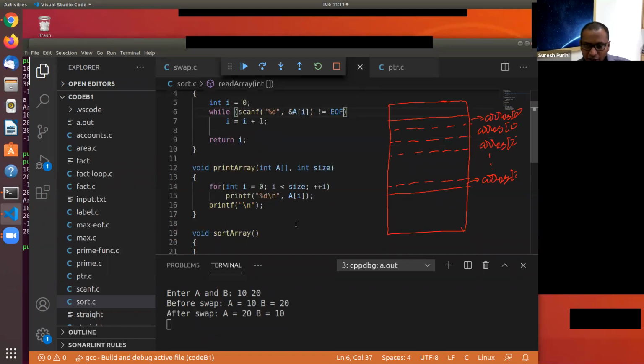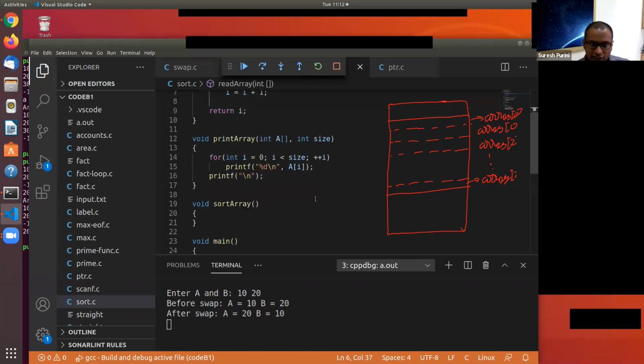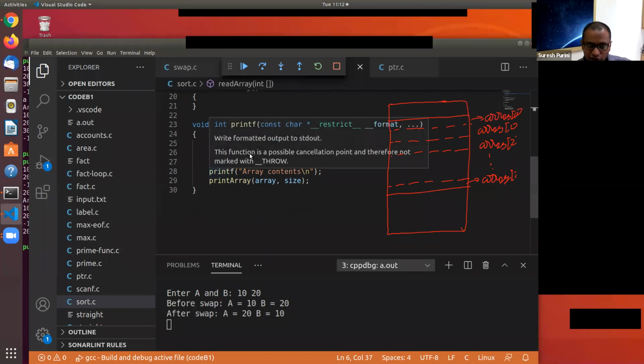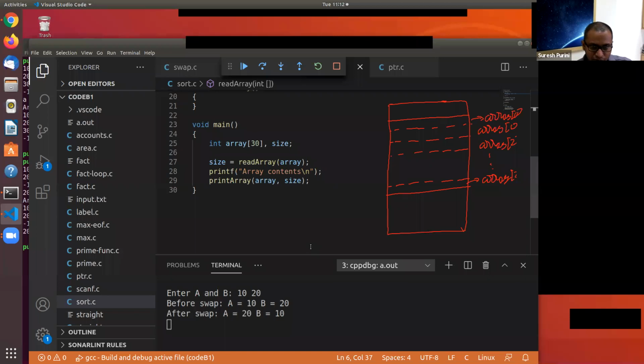And then, while printing the array, we need to tell what is the size of the array. Without that, the print array function doesn't know the size of the array. So here we are storing the return value from read array, which is the size of the array. Then in the print array function, we pass array and the size, and it prints the array contents. Are you all with me here? Doing all right? Good so far? Does it make sense?